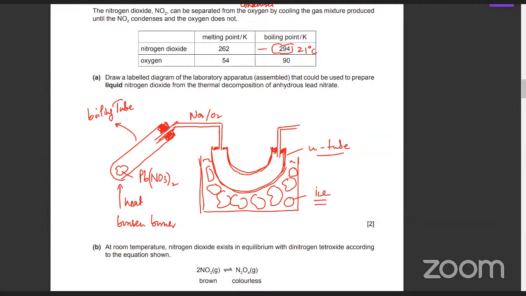So when is it going to be a liquid? It's going to be liquid at 10 degrees centigrade or 5 degrees centigrade. So you have to really lower the temperature. Your normal Liebig condenser, you can't use that. Is this clear? So what does the U-tube do? It just passes the gas through the ice and cools it. So the NO2 condenses over here.